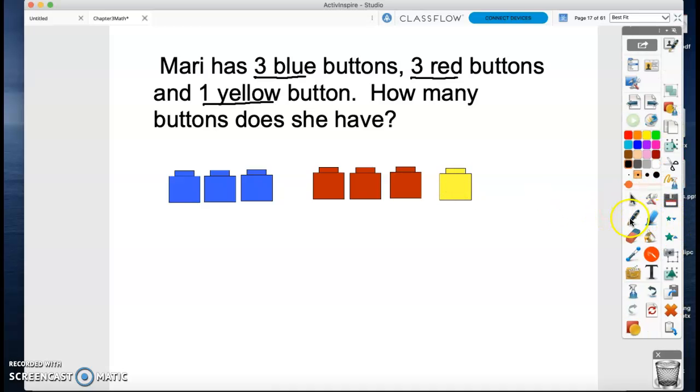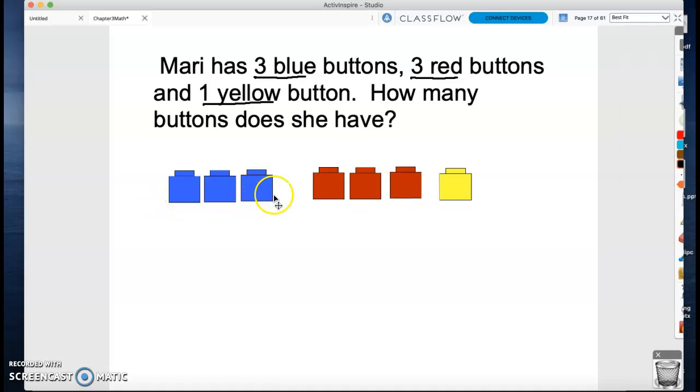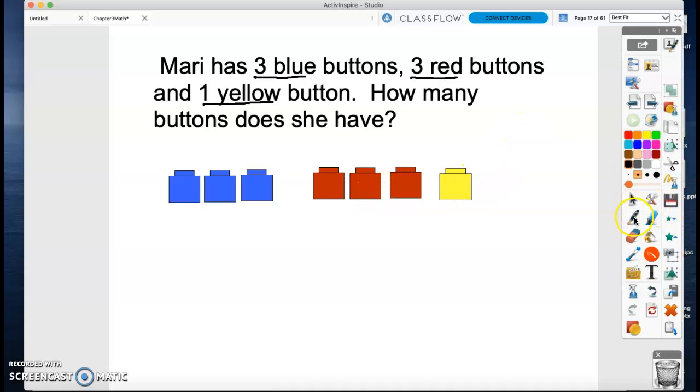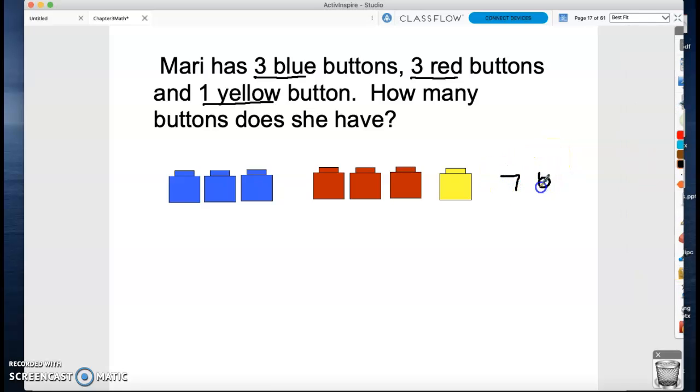So I see, if I were to look, that she has 1, 2, 3, 4, 5, 6, 7. She has 7 buttons altogether. But I see a doubles fact. I see that we have 3 blue and 3 red. And I know that 3 blue and 3 red are 3 plus 3. And then I have the 1 yellow plus 1